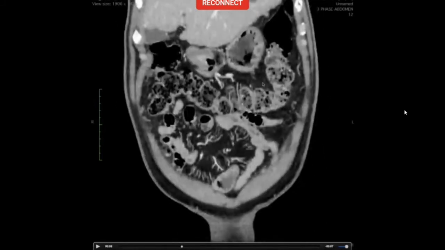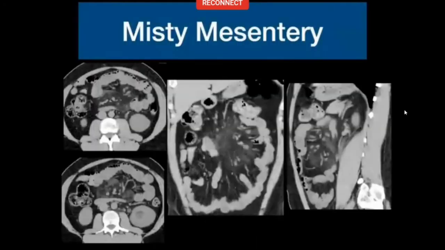So this would be the transverse mesocolon. So this is how we decide where is the transverse mesocolon, where is the small bowel mesentery, where is the lesser omentum, and so on and so forth. Moving on to pathology. So this is something which is a somewhat nebulous pathology.